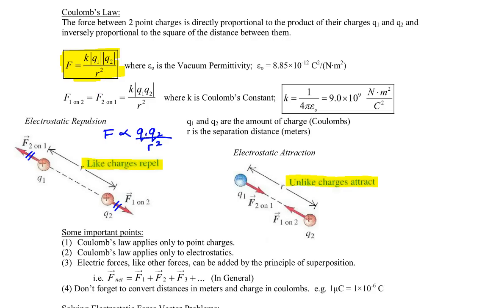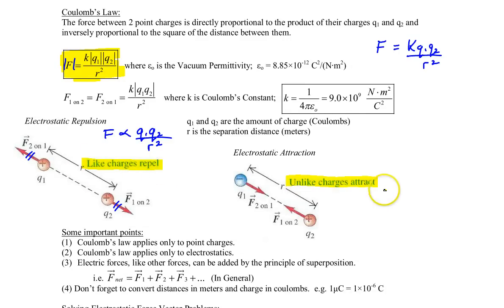This is because I would like to find the magnitude of that force vector. Some books will simply use F equals K Q1 Q2 over r squared, and so when one charge is positive and the other charge is negative, you'll get a result that is negative, which is indicating that you have an attractive force. I prefer not to use this method and simply remember the basic law of electrostatics, that like charges